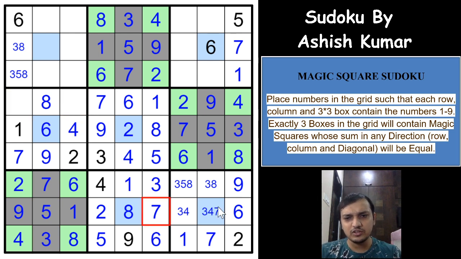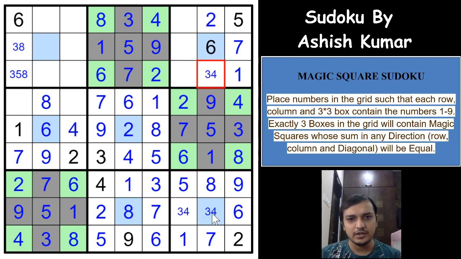And because of the 7, you can eliminate a 7 from here, you get a 3 4 pair, which means a 3 will be eliminated from here, and you will get an 8 and 5 here. And 3 4, the only 3 digits remaining here, 3 4 and 2, and 2 can only be in this cell in this column, and again a 3 4 possibility here, so you get a 3 4 pair, right? So if you see here, I can directly eliminate 3 and 4 from here, right?